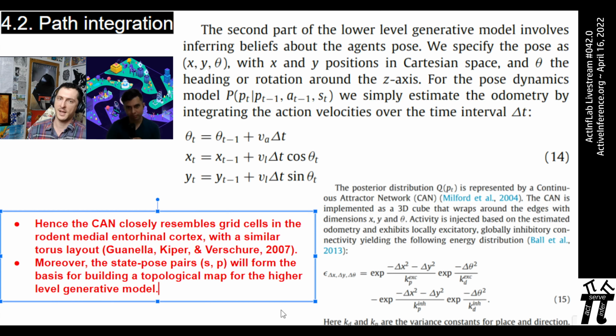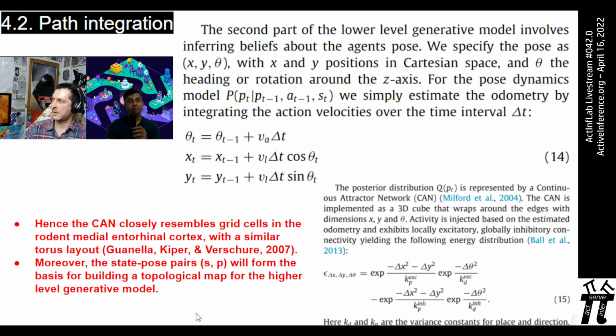Do you have anything to add, especially maybe about that topological basis of the higher model? Yeah. So I mean, this is where it's attaching it to the physical world. This is where the lower levels and higher levels get connected through these particular formulations. So, yeah, this is a question I will have for the authors as well. Like, how is this CAN CN network represented, and why did they choose this particular framing of